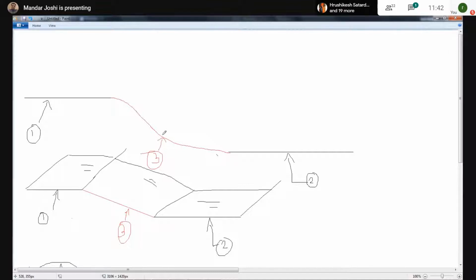Okay, so this third surface is called a bridge surface. The purpose of a bridge surface is to connect the gap between two surfaces.